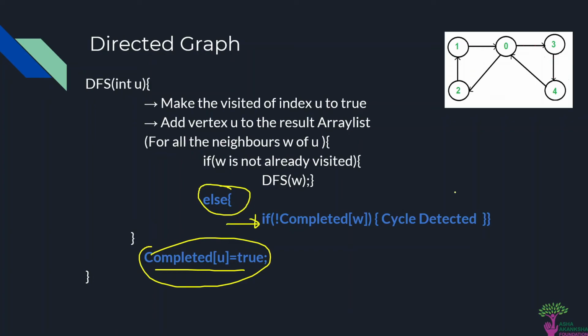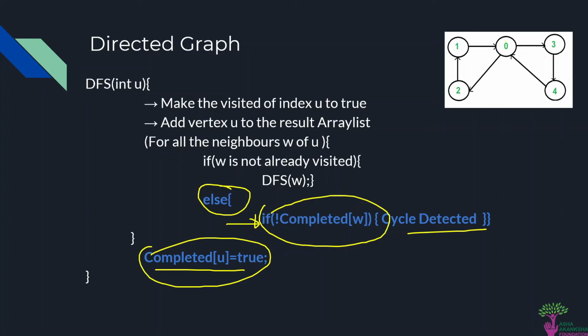So you must be wondering how this else case detects a back edge. Let us imagine that if there's a path from u to v, it is sure that from DFS u, v will be visited. That is, there must be a recursive call of DFS u which will surely call DFS v. And hence note that since DFS u is not yet finished, and if there exists a back edge from v to u, the else case will do the same thing, which is if u is not completed, it will detect the cycle.